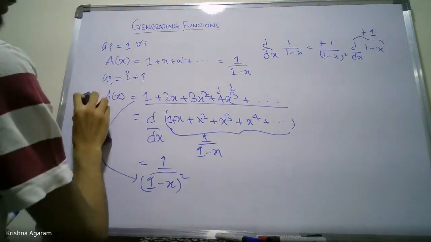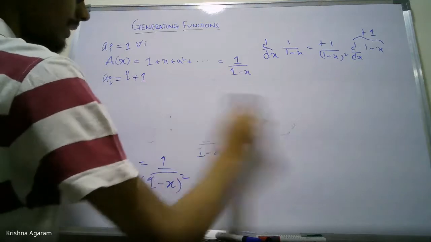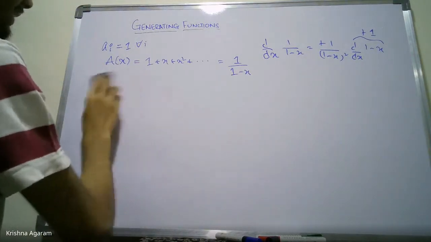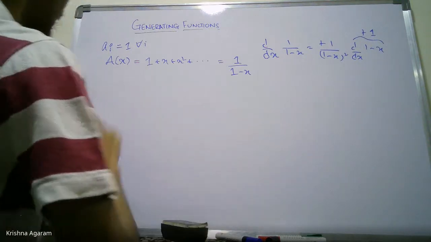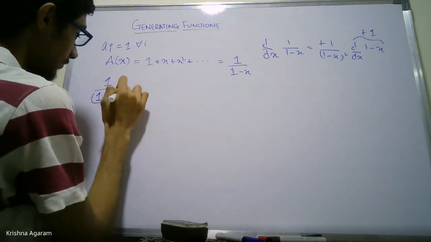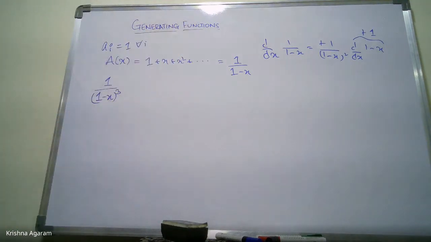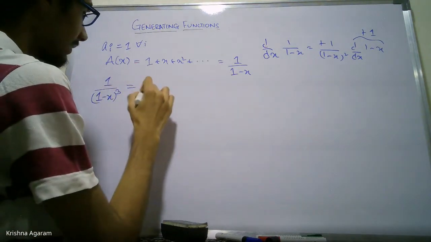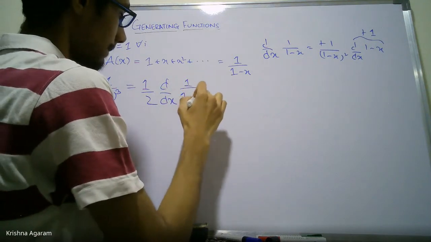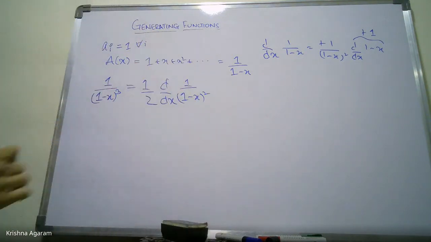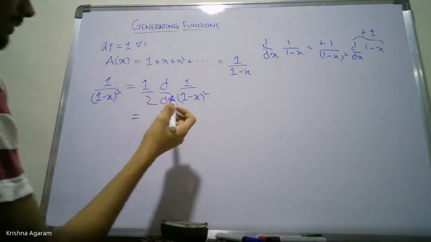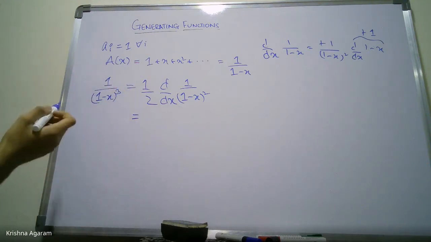Okay. Now let's do the same thing and see what we can get in general. So let's say you want to find this. Okay, we found for power 1 and power 2. So what you could write this as, you could just write it as this. Right? So this is clear, right? I think it's just differentiation.